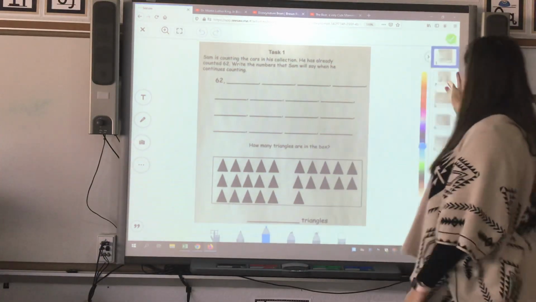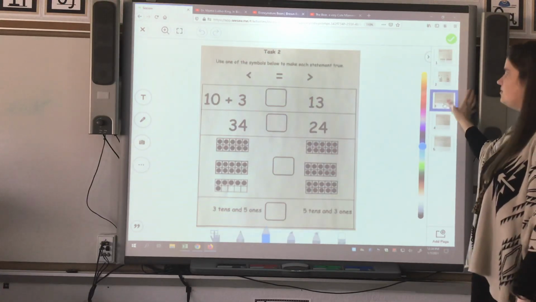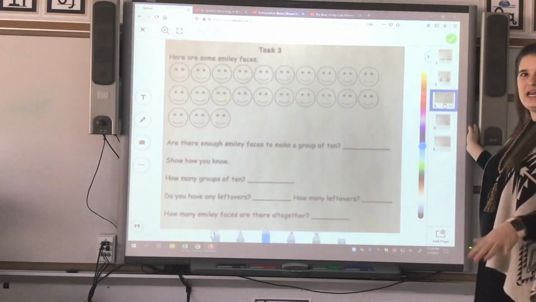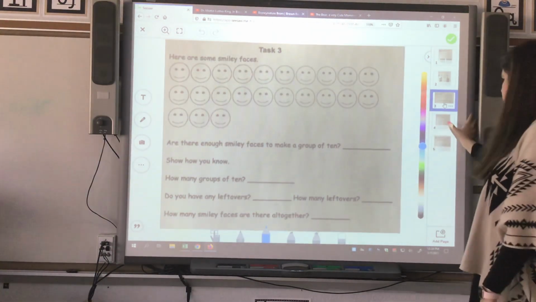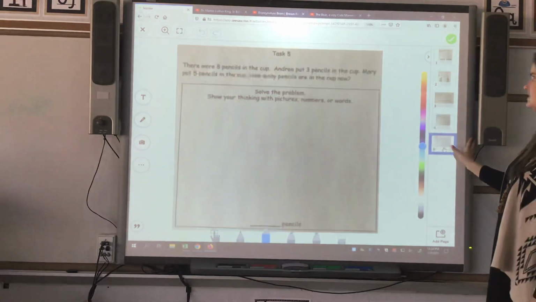Task 1, task 2 is greater than, less than, or equal to. Task 3, make sure you read and answer all of the questions. Task 4 is a word problem. And task 5